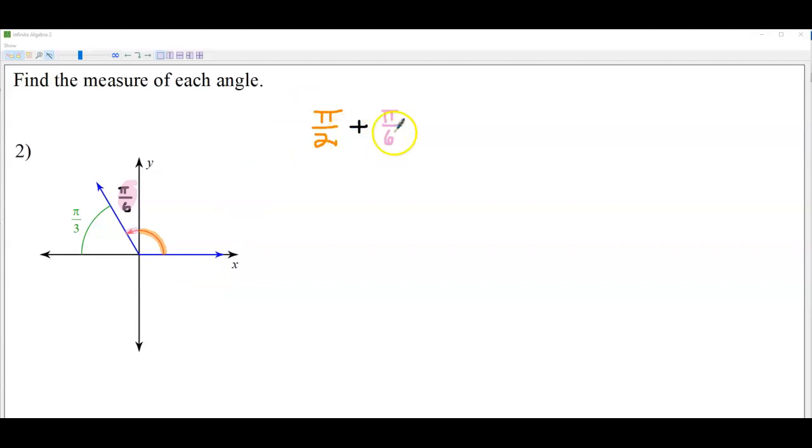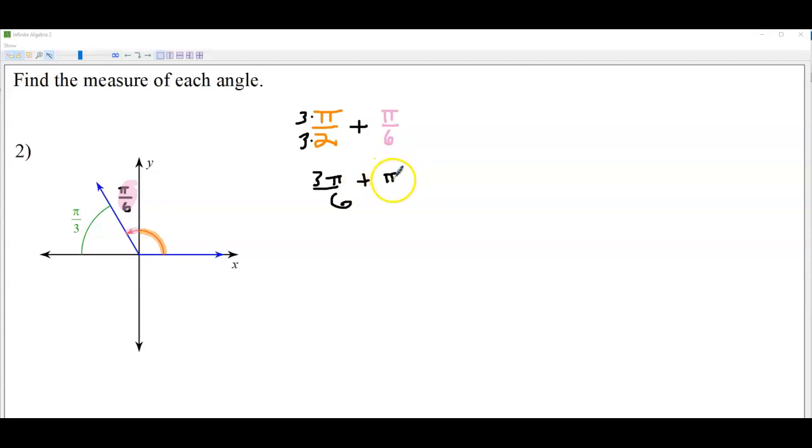Okay, so if I want to add these together, I need to get a common denominator. So what's the common denominator for 2 and 6? Okay, hopefully you know it is 6. So I'm going to multiply the top and the bottom of this one here by 3. It's going to give me 3 pi over 6